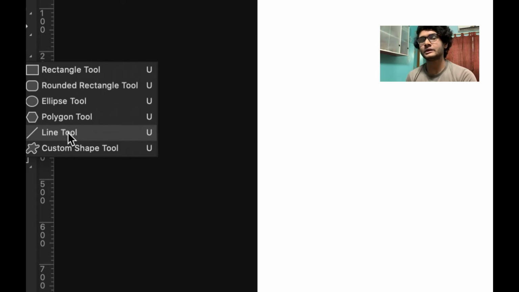For example, if you use a shape very often, like the star shape that you see in most cartoons and illustrations, then you can save that shape as a preset using this custom shape tool. This is very handy if you are into those kinds of things.